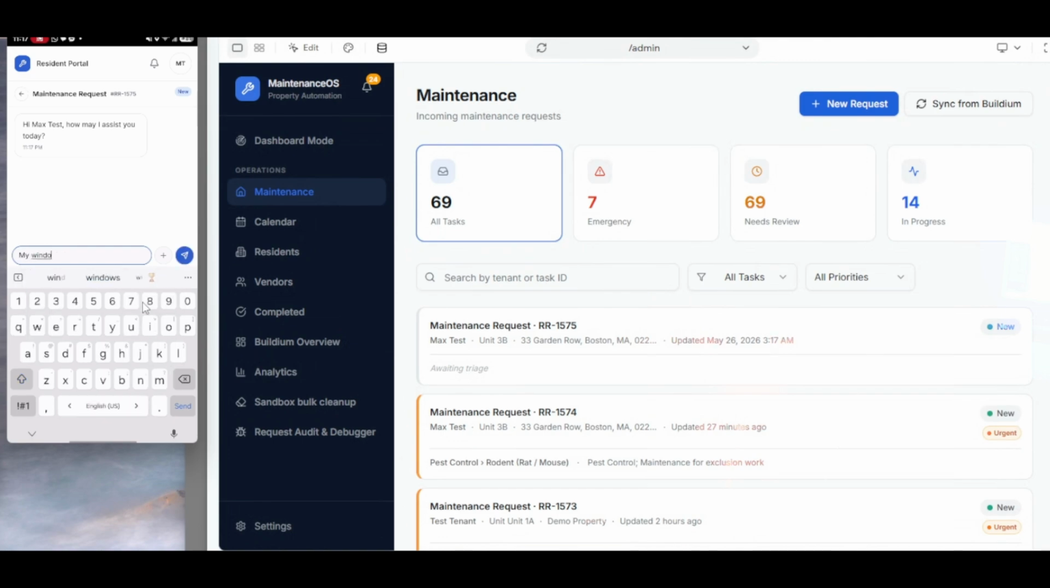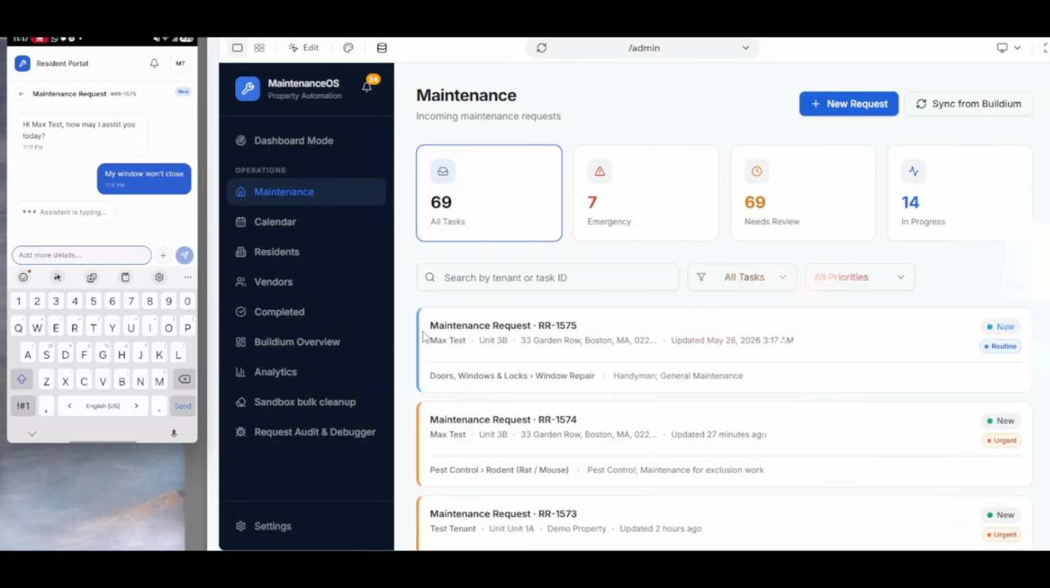My window won't close. Boom. What is it saying? So you see it populated over here, a card. It already classified it. Thanks for letting us know your window won't close. Could you please tell us if the window is stuck partway open or is it closed but does not latch shut? Okay,